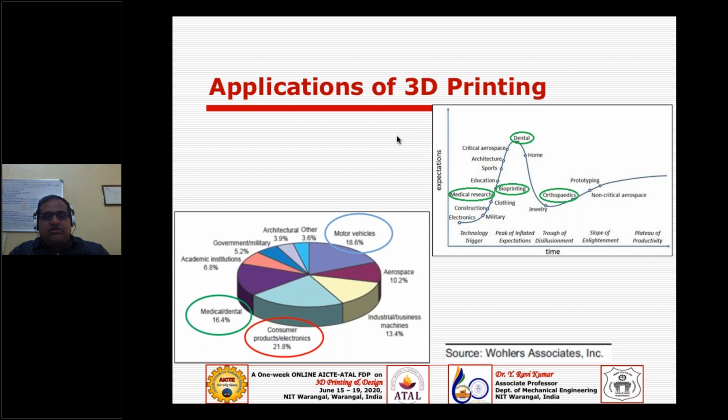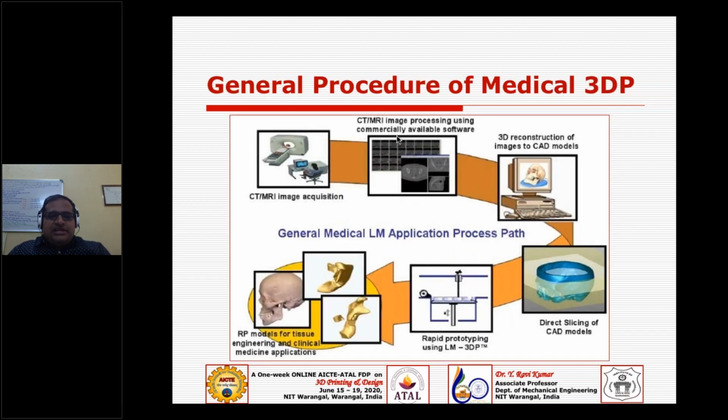So wherever you have scope to have digital data, you can use this technology. As you know, in a recap, a general medical procedure starts with CT or MRI scan data. And that CT and MRI scan data is normally black and white two-dimensional images. And of course, in the scanners also you have good developments, like the CBCT, the cone beam CT.